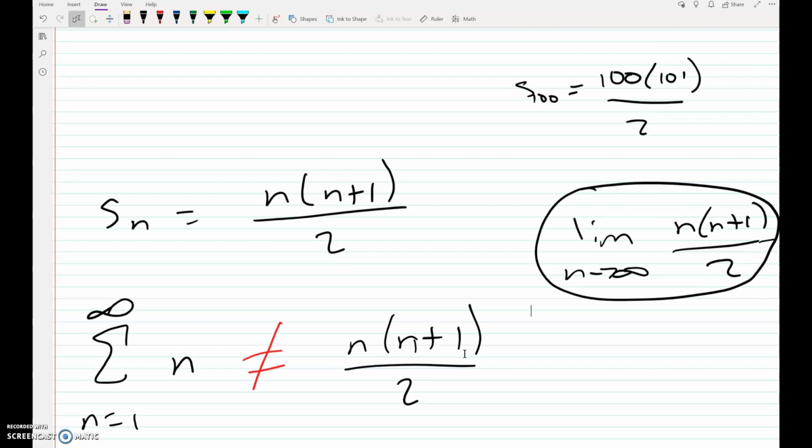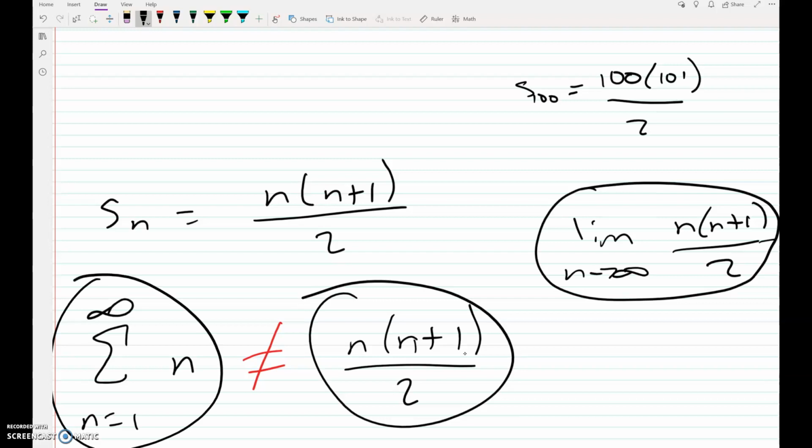The right-hand side of this equation tells you what value the sum on the left-hand side is for some value of n, okay? But the expression on the left-hand side is the sum from n all the way up to infinity. So a better way of thinking about it is